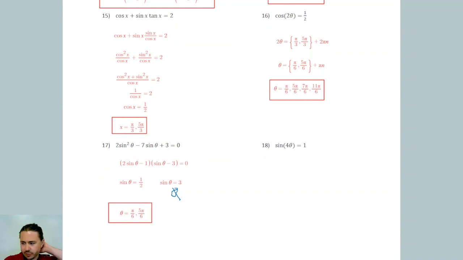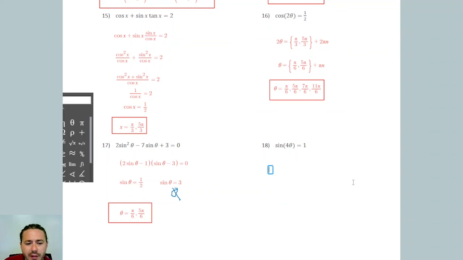All right, last problem here, number 18. We're going to solve it very similar to 16, except we're probably going to get a ton of solutions since we're going to have to divide everything by 4. So we'll get 4 groups of solutions here. Well, actually, it probably won't be too bad because we want to see where it's equal to 1. So first things first, let's find where sine is equal to 1. Sine is equal to 1 at pi over 2. And then if we're writing this